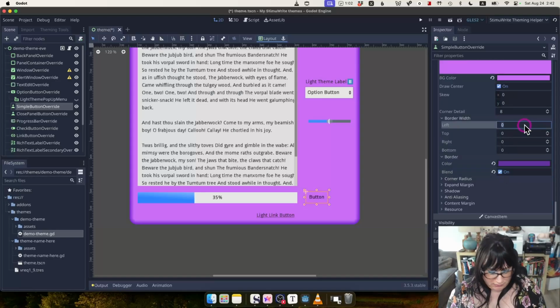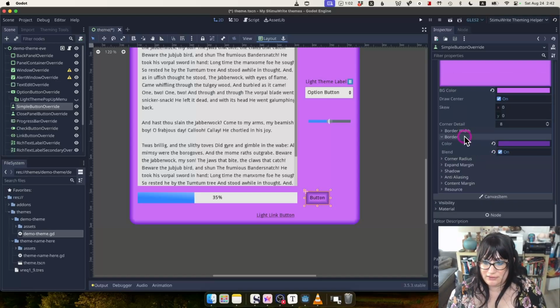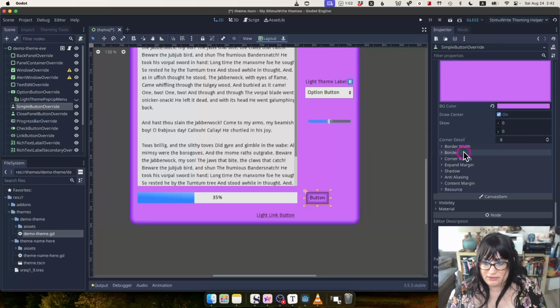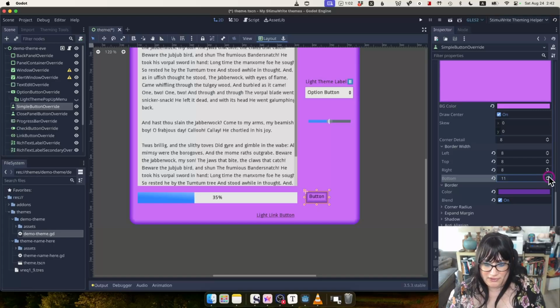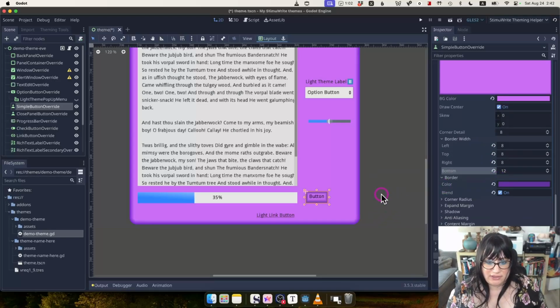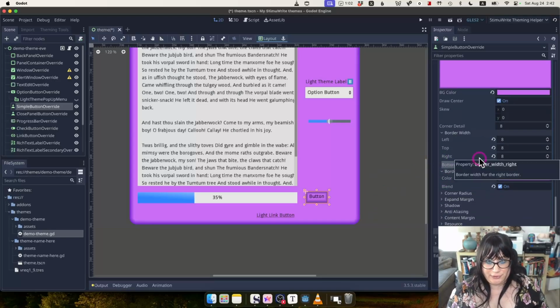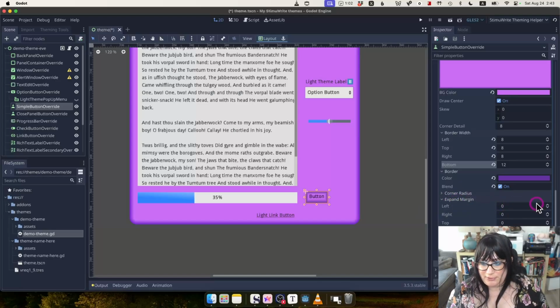Turn blend on, make the border width 12. Okay, that's way too big. Actually, I kind of like that, but let's do it. That's a little big. And you can do things like if you put a little extra on the bottom, that makes it look like it's kind of lifted up. And then when you press, you can have it kind of go down, give a sense of a physical button. Let's make it a little bit bigger. Let's just make it a little longer. Okay,